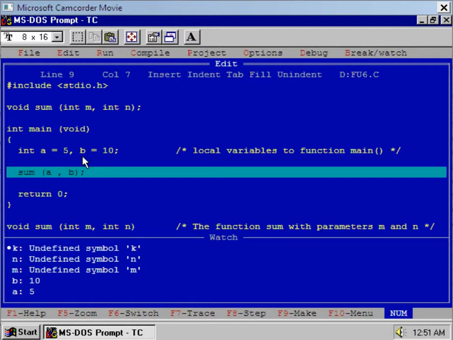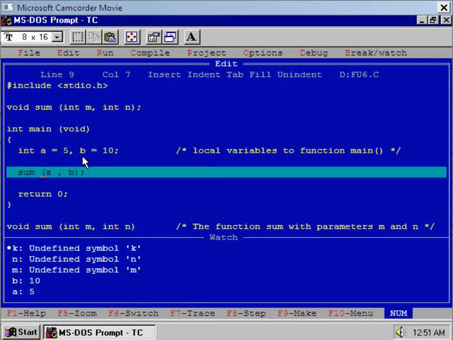That is, the scope of the variables A and B is limited to the function main. In other words, the values of A and B are visible only when control is in the hands of function main.